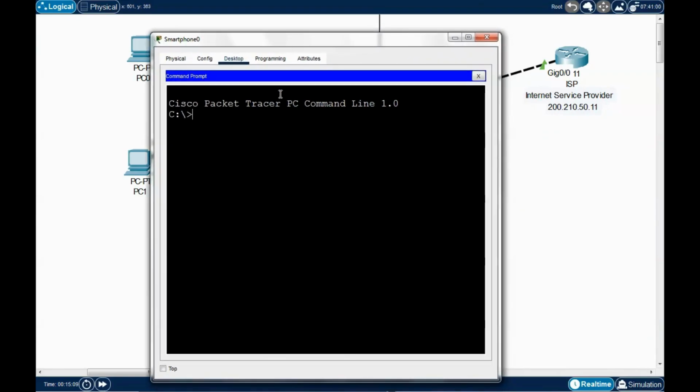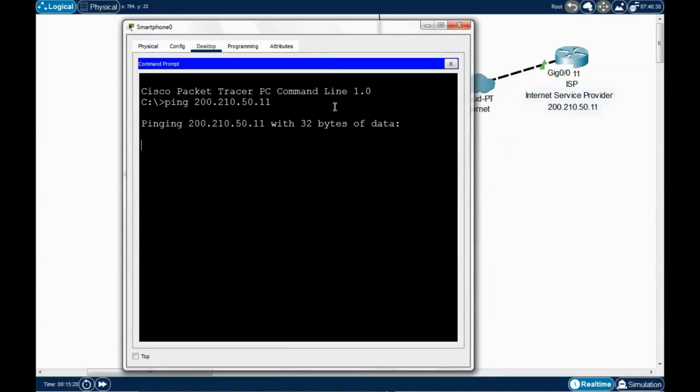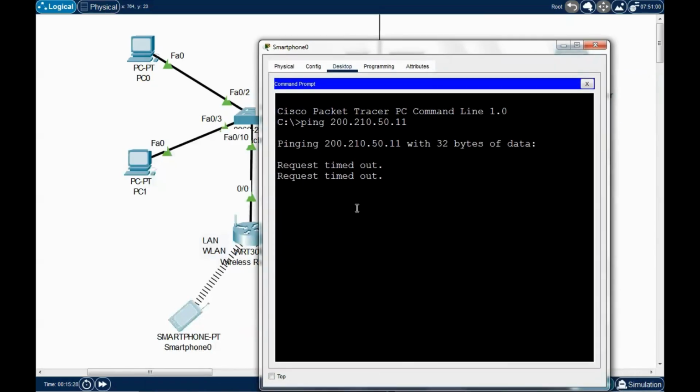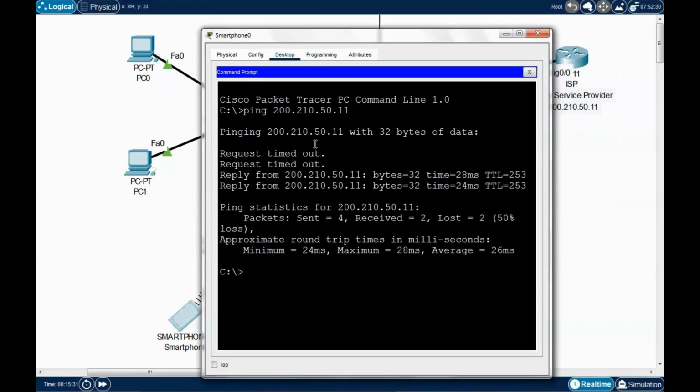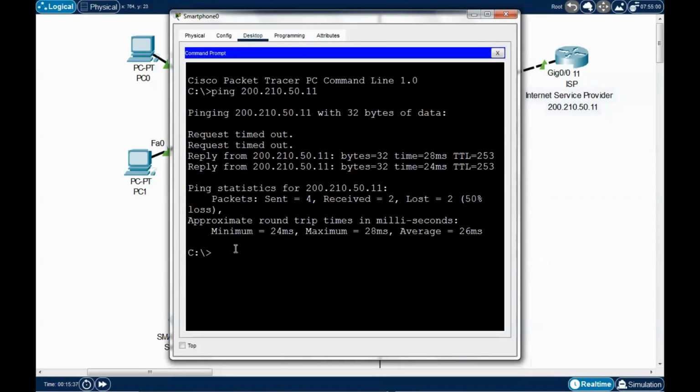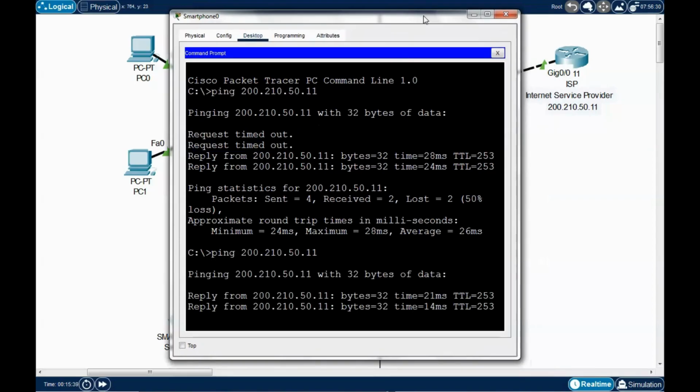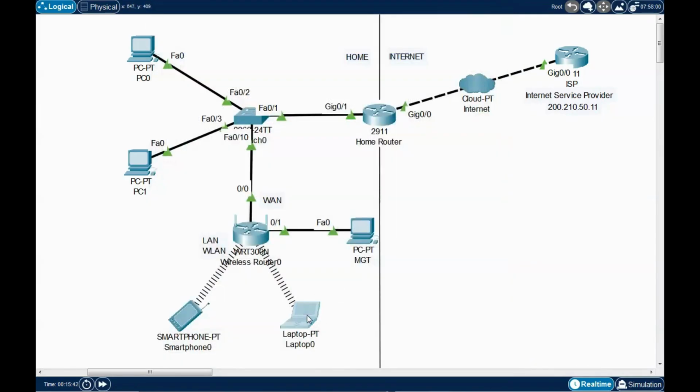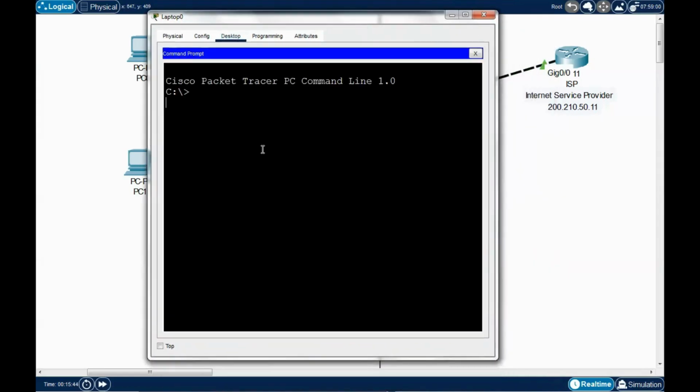Let's try to test if we can access the ISP. So ping 200.210.50.11, and I should be able to access the internet. Okay, it's still not going through. There you go. Well, the reason why we got the request timeout is because of the MAC address registration. So let me try it again. There you go. Working. Okay, and for the laptop, I'll open this laptop's command prompt,